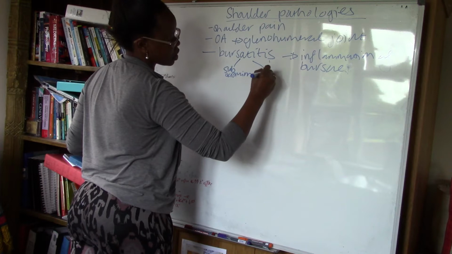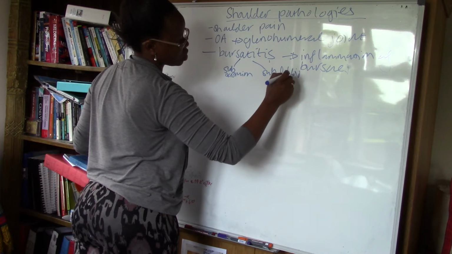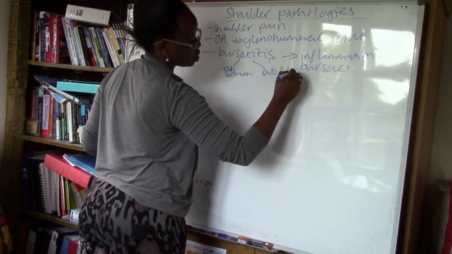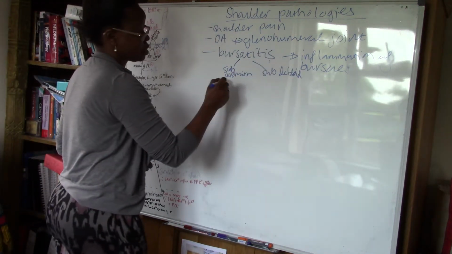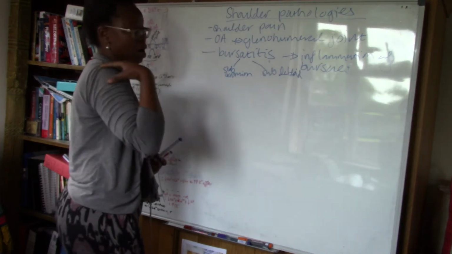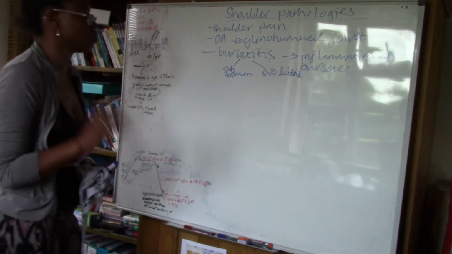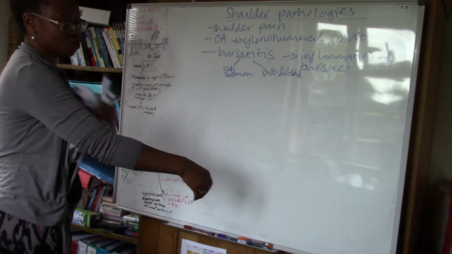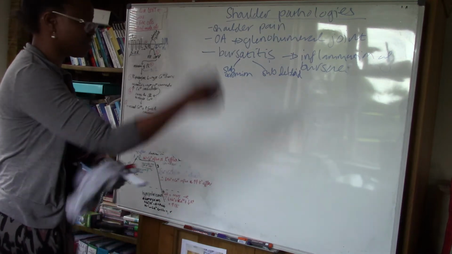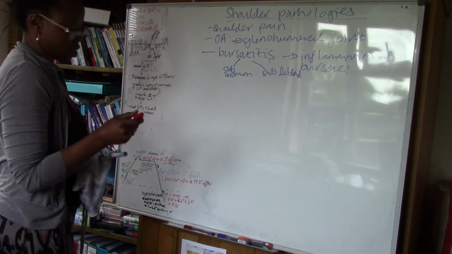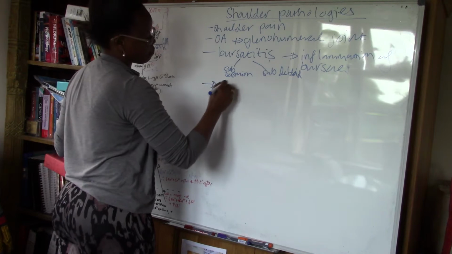Both these parts, which are subacromion and subdeltoid, will have bursitis from the irritation, either at the acromion or indeed at the deltoid muscle, which again I will cover when I do all the muscles of the forearm, and indeed the biceps and triceps. So we'll have a bursitis. There is also frozen shoulder,